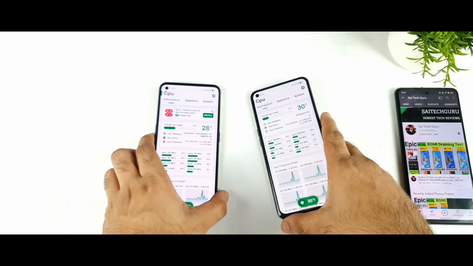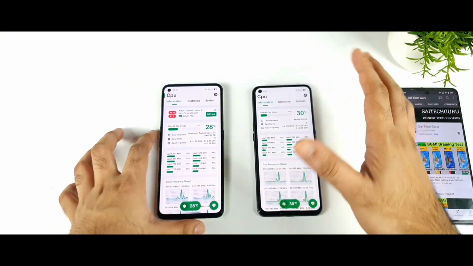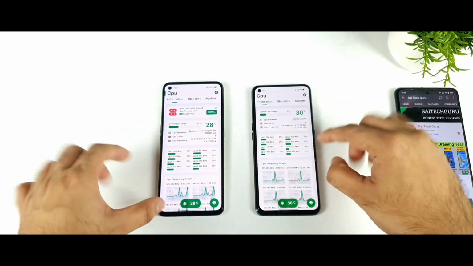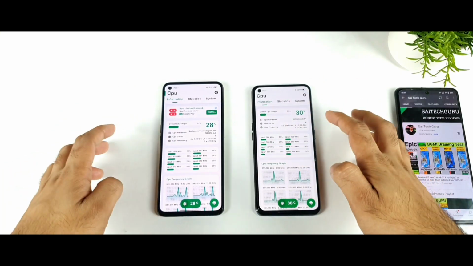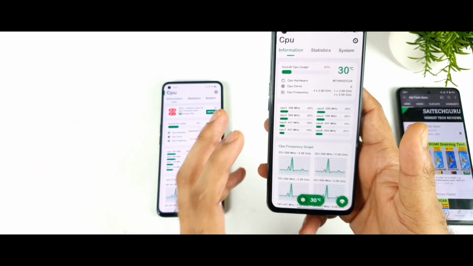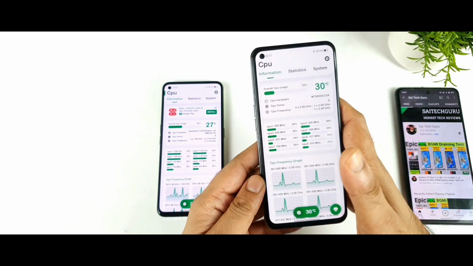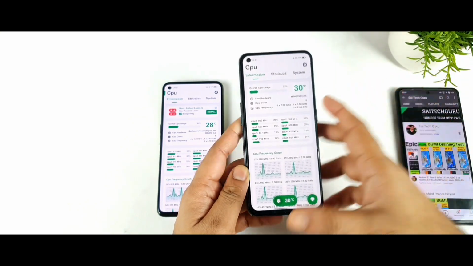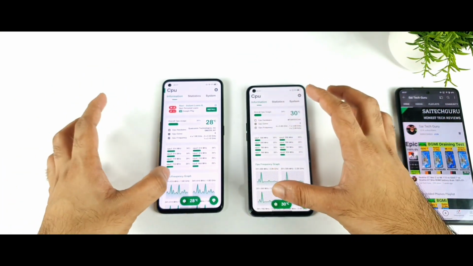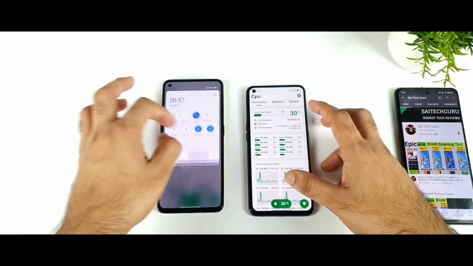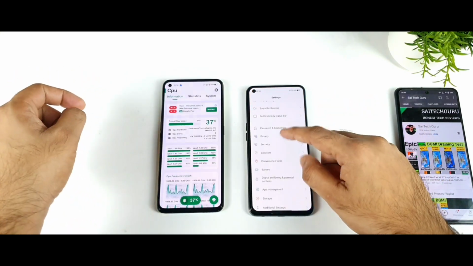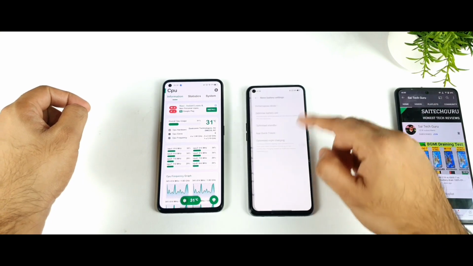If you use GT mode and high performance mode, observe how much difference it makes in CPU utilization. In the idle situation, definitely, friends, the Realme X1 Max is not utilizing much of the CPUs, which makes it slightly more power efficient sometimes. But let's not come to a conclusion based on these results. Let me show you what happens if I enable GT mode. GT mode is enabled, and now let's go to high performance mode and enable it.